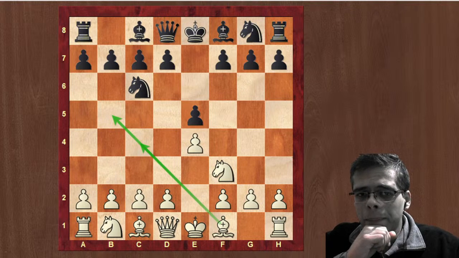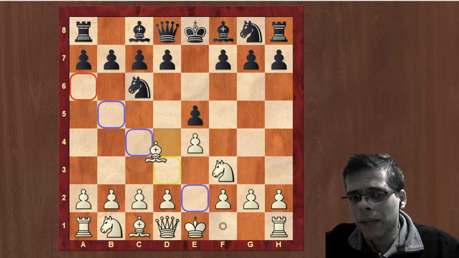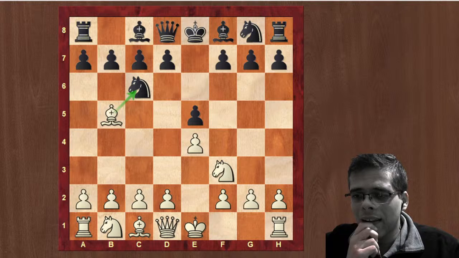So this is a choice which is very personal, I think. For example, as a child, I used to play e4 and I used to play bishop b5. And I used to play the exchange here. This is what my